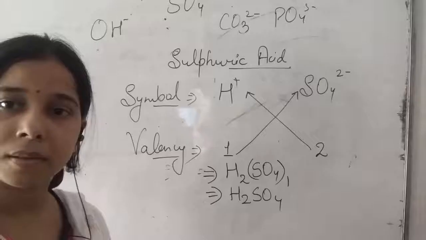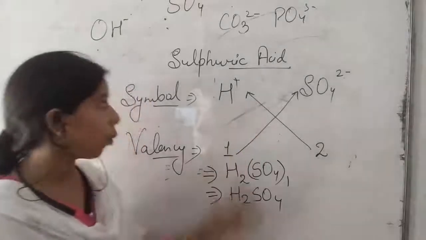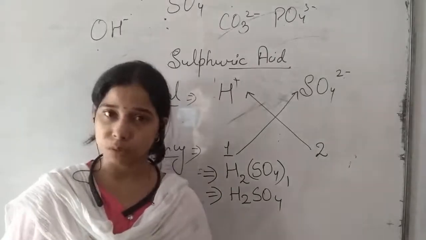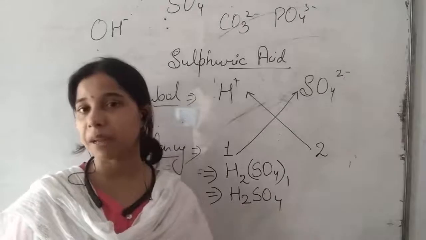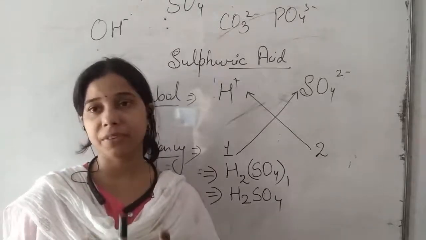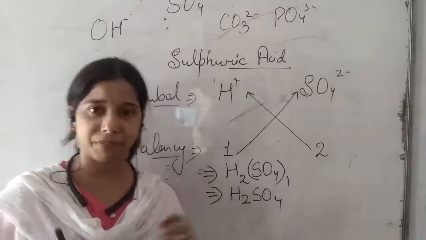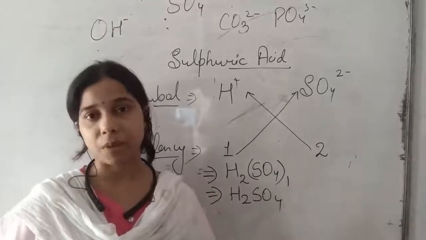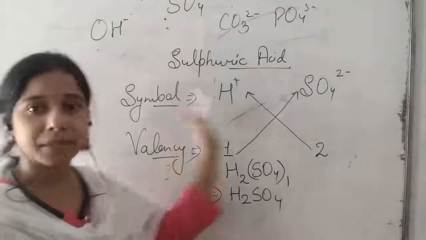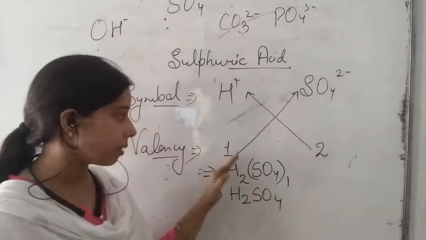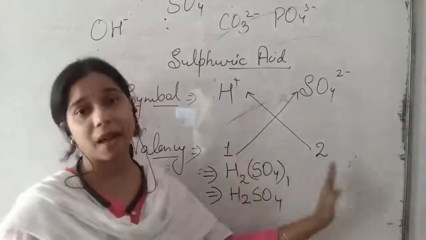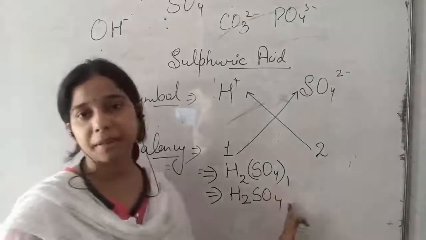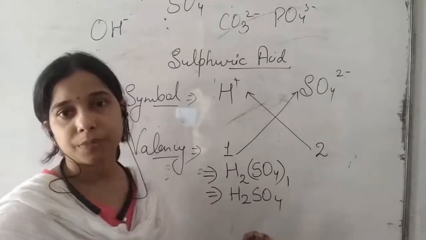Okay. So by knowing the different charges of the ions, we are able to find the valency also. Either you can find it with the help of the configuration, or if you know the different charges of that particular ion, it will be very easy for you to find the formula of the particular compound. Then you simply have to first write the symbol and just below the symbol write the charge or the valency. Then you will crisscross each other and by that you are able to find the formula of the different compounds. Okay students?